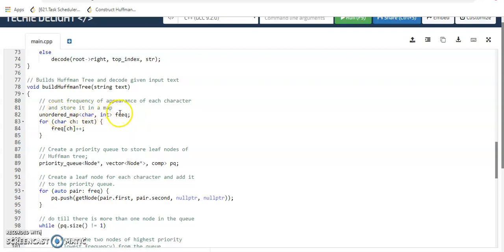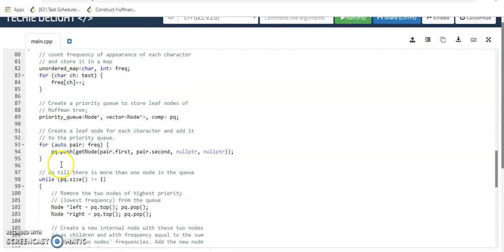Now this is just the declaration of the map, and by iterating this for loop, which is the range based for loop, used as a more readable equivalent to the traditional for loop, basically operating over the range of values such as all the elements in the container. Here our input is stored in the variable text, and we want to extract each character from this input and count the frequency of each character, so we have utilized the plus plus operator. This map will simply store the characters and the associated frequencies of those characters.